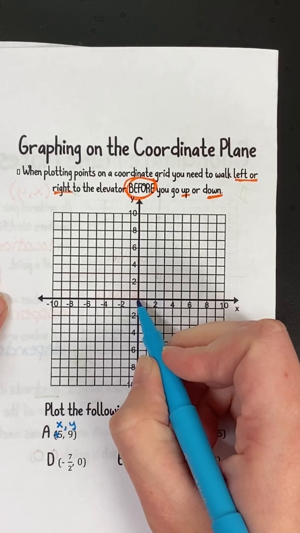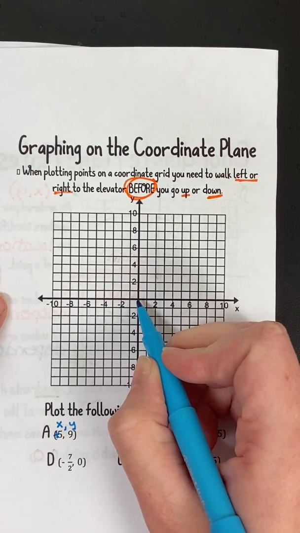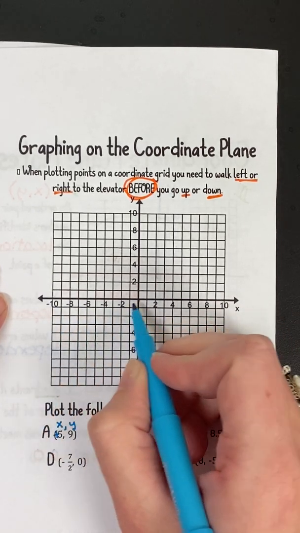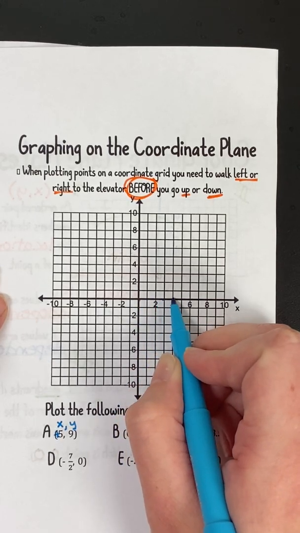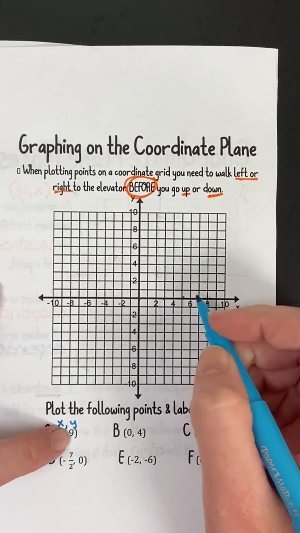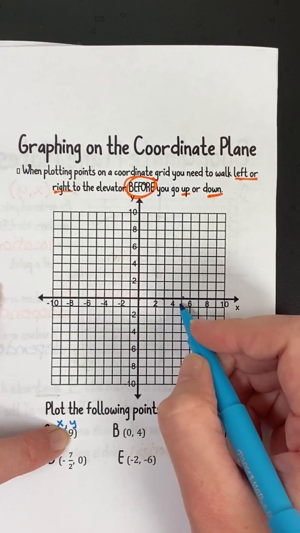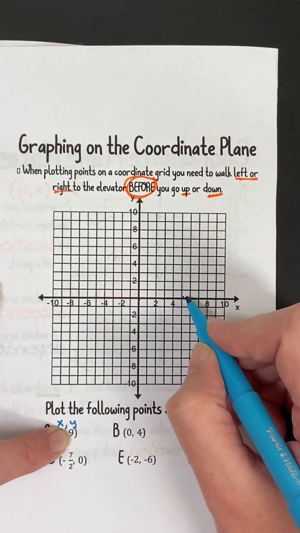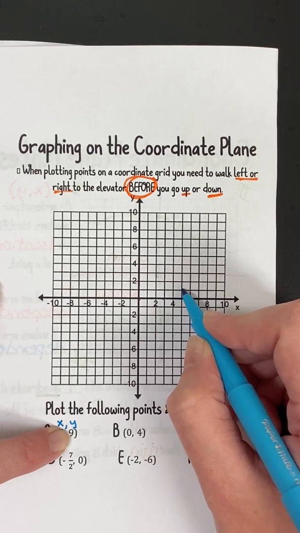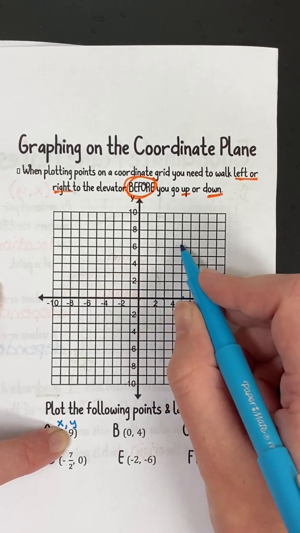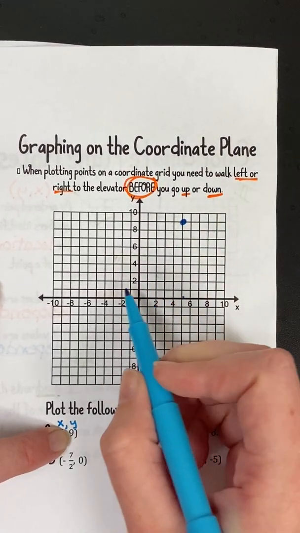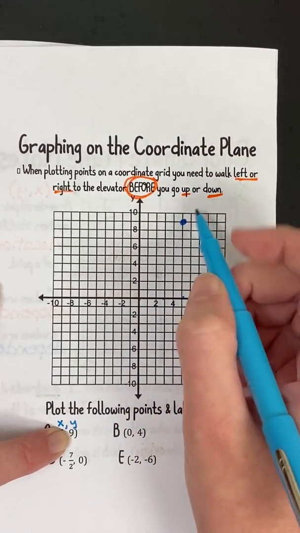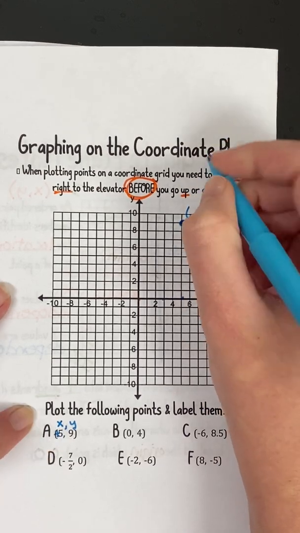So we always start at that origin, and I'm going to go positive 5. These are negatives over here. So I'm going to go positive 5. So 1, 2, 3, 4, 5. And then it's a positive 9, and my positive means I go up. So I'm going to keep from this 5, and I'm going to go 1, 2, 3, 4, 5, 6, 7, 8, 9 right here. So I walked 5, went up 9. So that is 5,